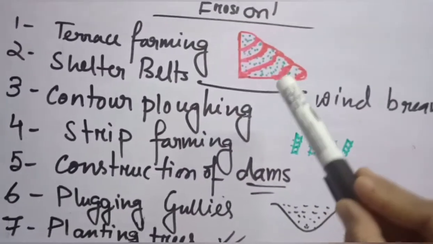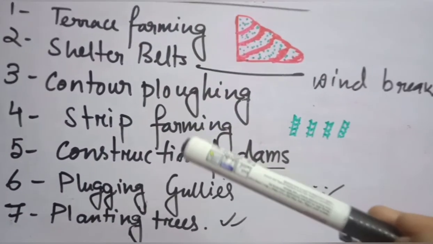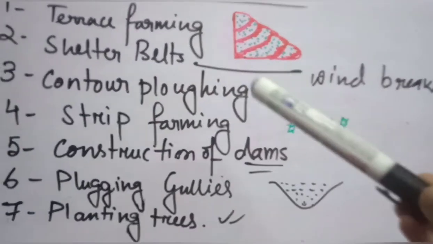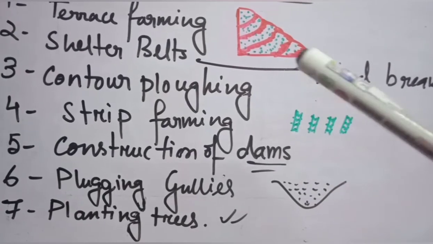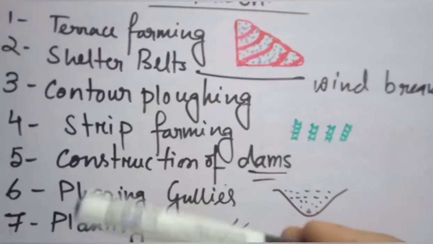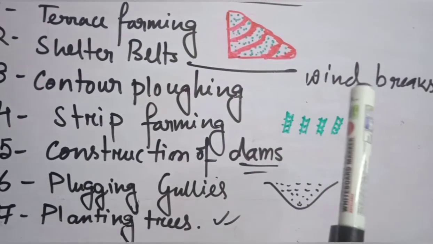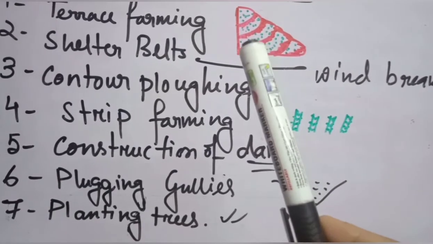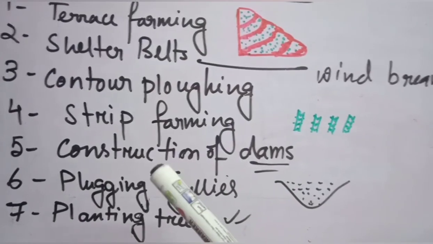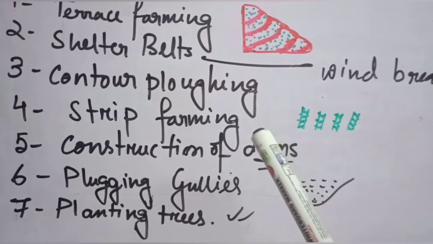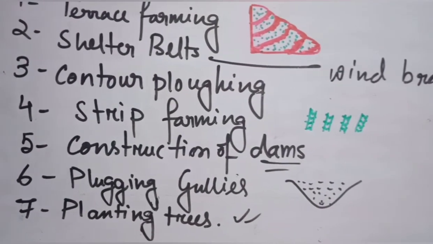Hope you have understood these points, very easy points. Just remember all the point headings, and then you can write by your own and try to put some diagrams if possible. In the exam, instead of shelter belt it can sometimes ask wind breaks. Or it can ask you to write any 2 or 3 methods by which we can prevent soil erosion. Sometimes it can ask what is strip farming. So students, you have to answer like this way.